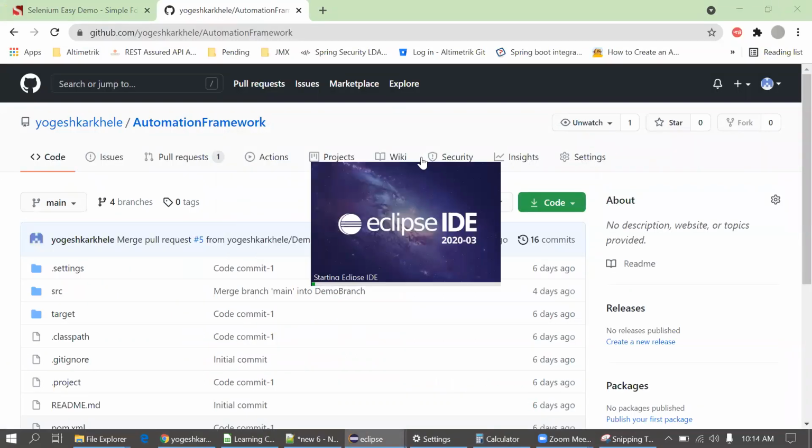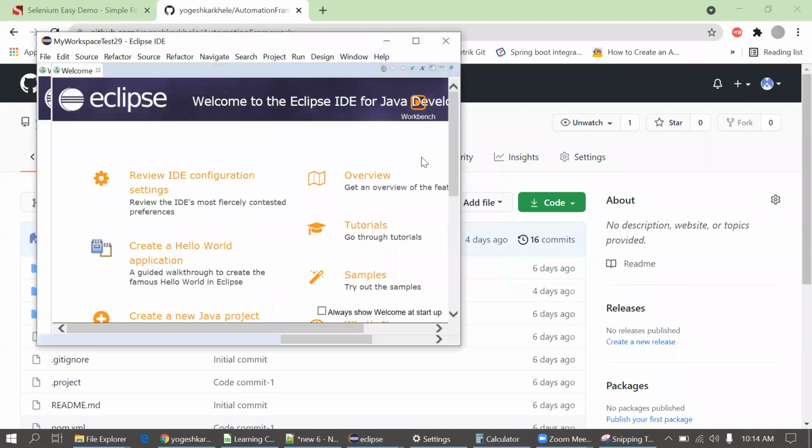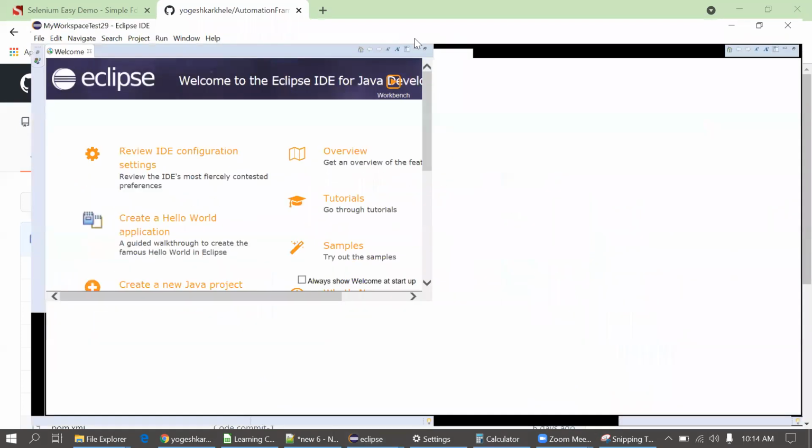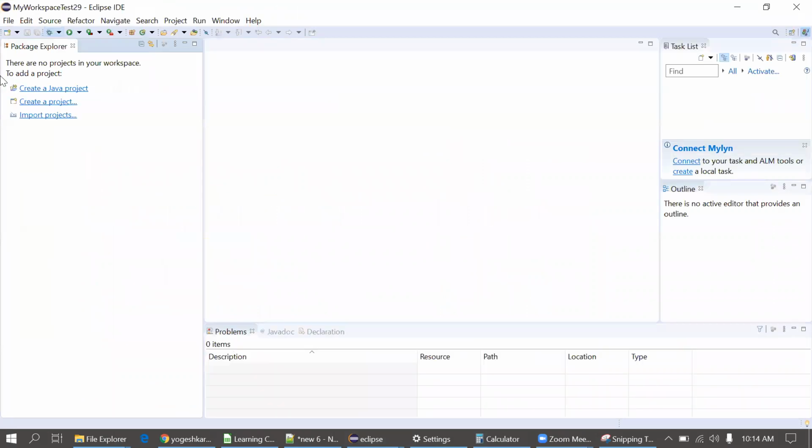It will simply take a copy of this remote repository to our local system, local directory. Okay, this is the fresh workspace now.